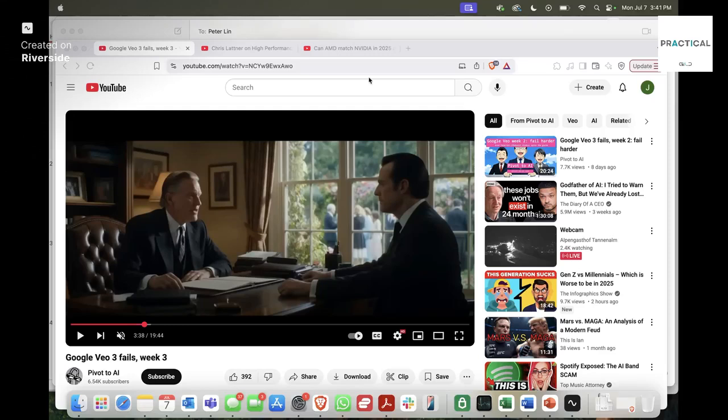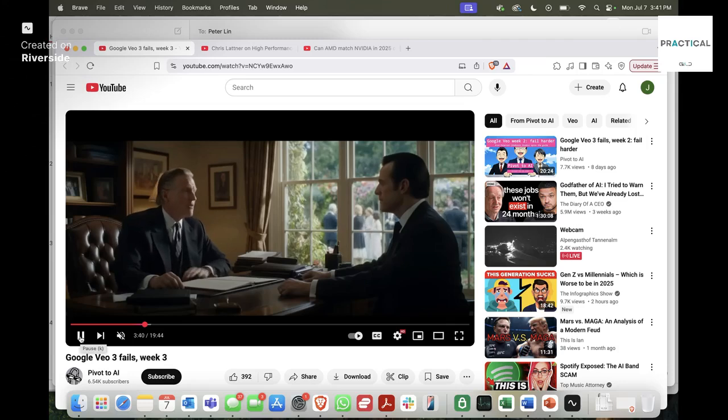And where is it stumbling? Oh, it's all over the place. The lip syncing is not in sync, so it looks like a bad dub. You give it dialogue, and the dialogue doesn't actually match what the video generates. You give it physics stuff like a fight, and it looks weird because the physics is wrong.